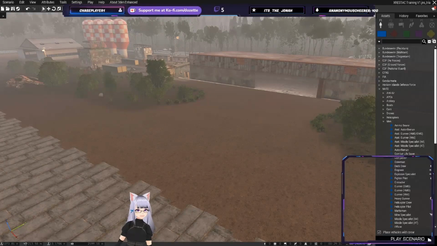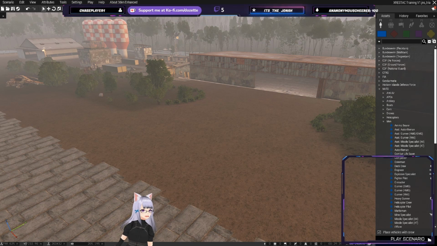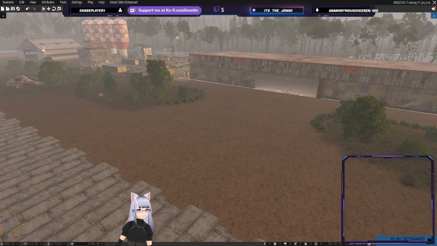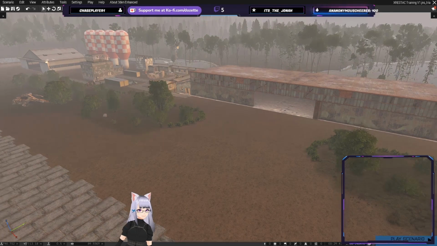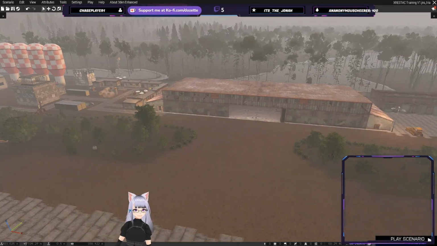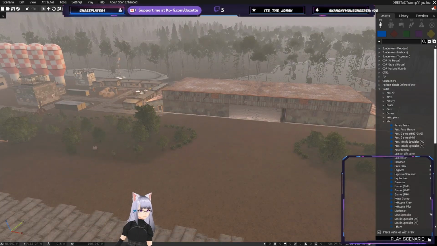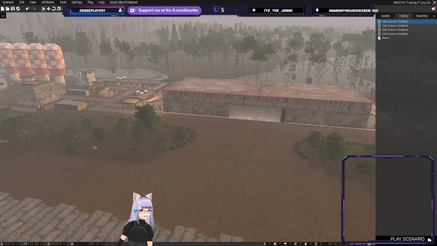So let's talk about the most important menu, which is this one. I guess you'd call it the entity menu. Again, if you don't see that menu, there's normally a little button up here that'll open it. Now, it's organized in several different categories. We're going to basically ignore history and favorites and stuff like that for now. We're just going to look at